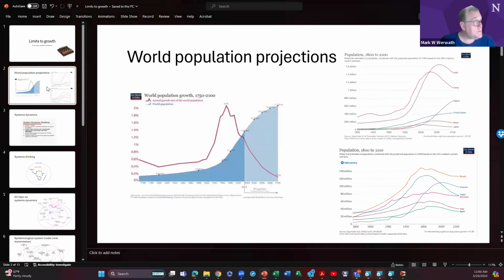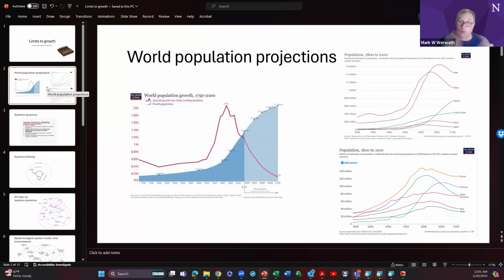Let's look at human population, right? Human population has grown. You can see that the fastest growth of world population was actually roughly prior to 1980, where we were peaking at something like 2.1, 2.2%. That doesn't mean that the population stopped growing after that. It just meant that it started growing slower. So that tremendous spike in terms of population growth, which came as a result of, to some extent, the baby boom and slightly after the baby boom, will result in basically a peak population forecast somewhere between 11 and 12 billion people a little bit after the year 2100.